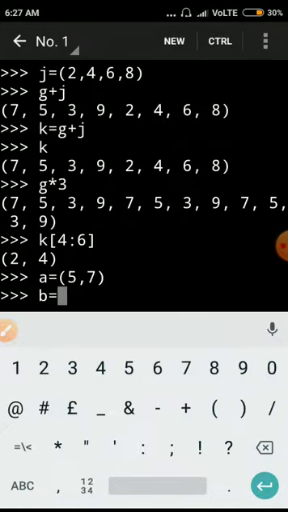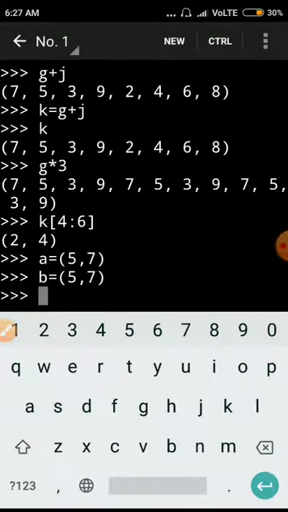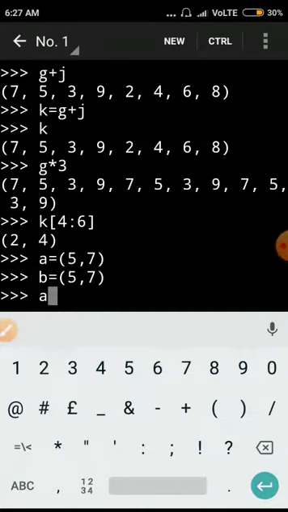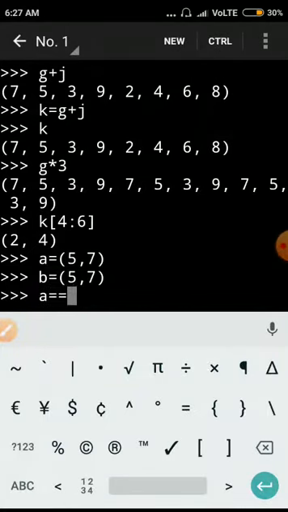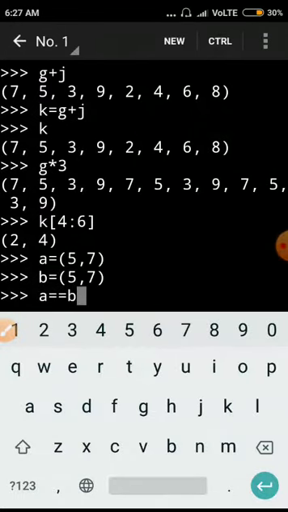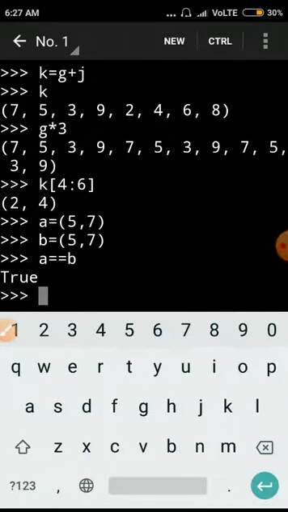So this is two tuples, and if we want to compare, we just compare: A equal to B. Okay, so it will write the value True. Remember, a comparison operator always returns boolean values, either True or False.